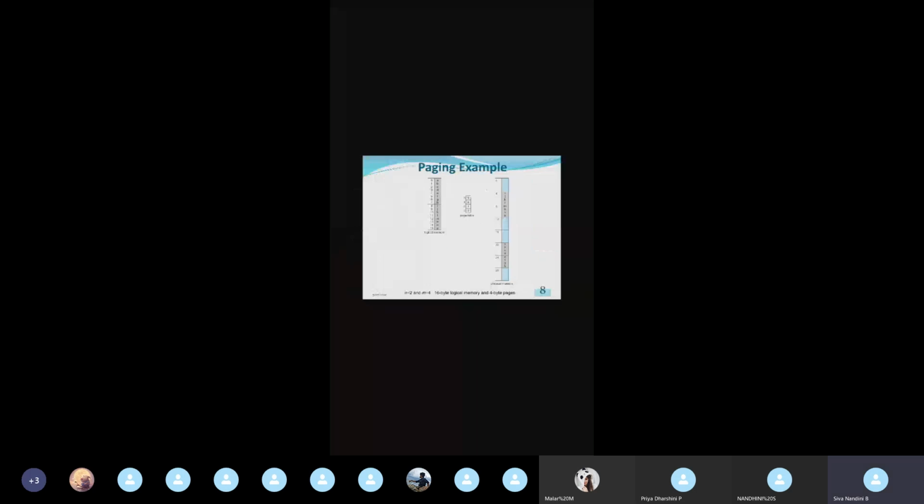So already we have said we have to keep track of free frames. Only then can we allocate a new frame or a new page in a frame. See here in slide number 9, I have given before allocation and after allocation. Before allocation, we have this new process. In the image on the left side, the new process has 4 pages: page 0, page 1, page 2, page 3.